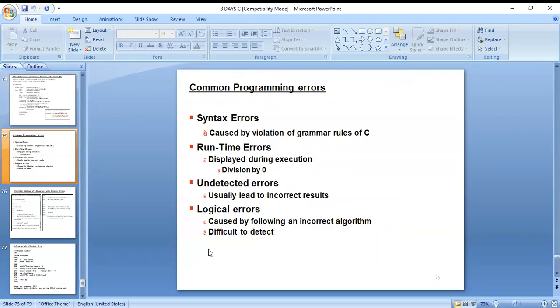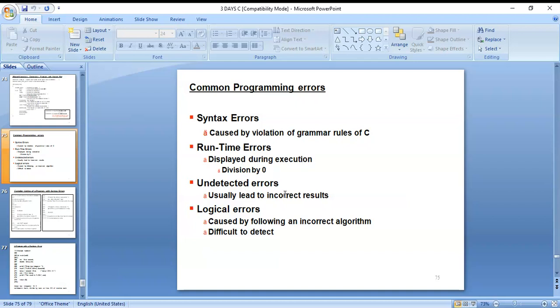Next, what are the common programming errors? Those you can see. A syntax error is caused by violation of the grammar rules of the language. A runtime error is displayed during execution, for example division by zero.